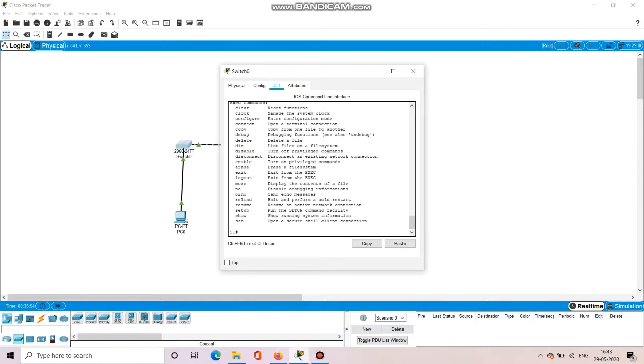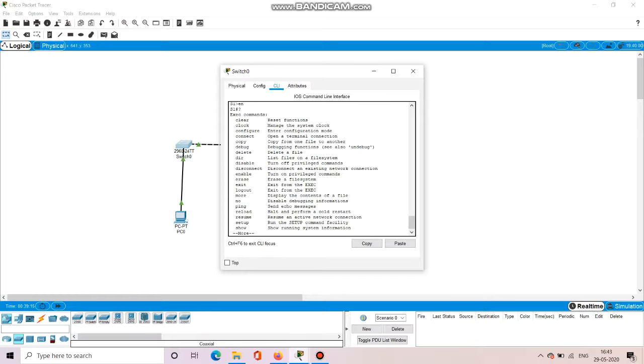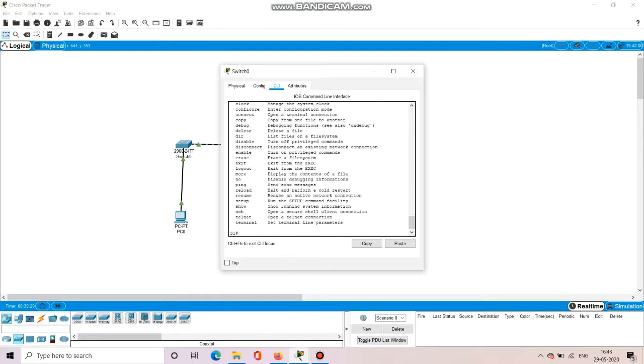Now if you want to give secure access to the console line, again you have to enter the configuration mode, that is config t. Now write line console 0 to provide security to the console 0, and set the password whatever you want. So password, and you have to give a password. Then write the command login and perform the exit to switch to the global configuration mode.